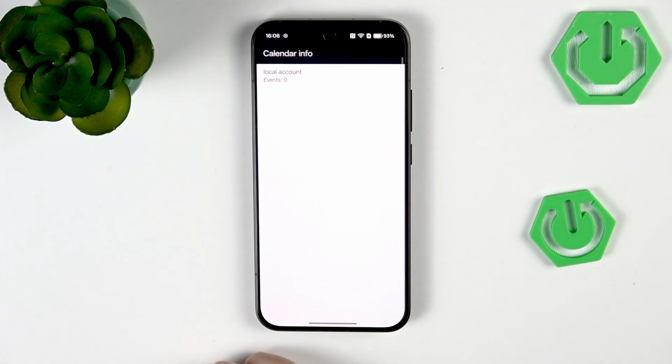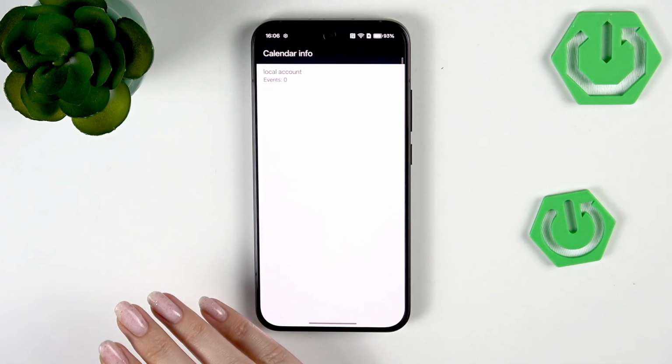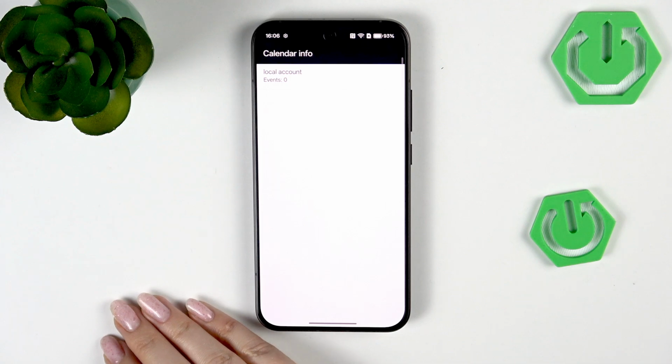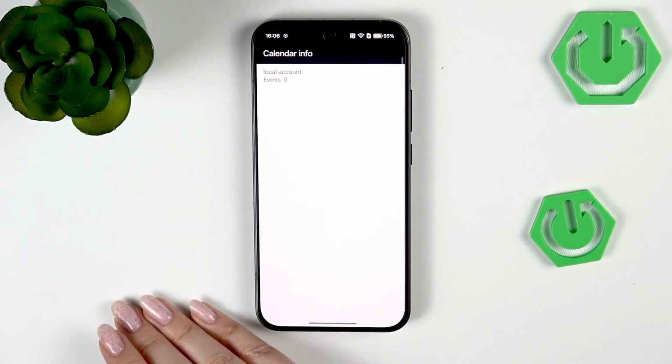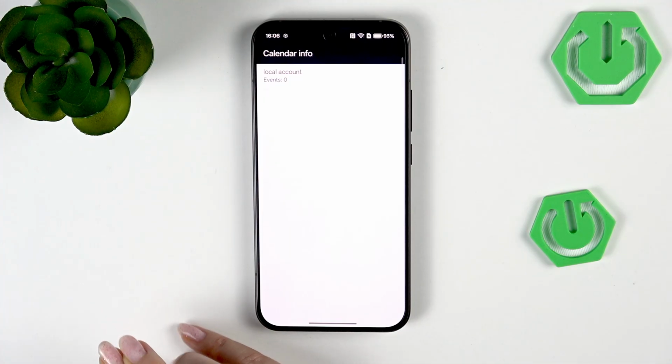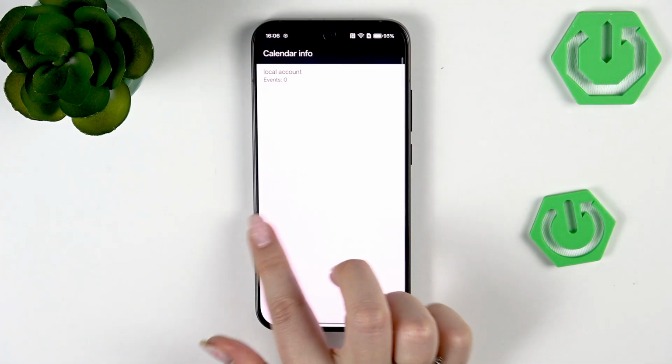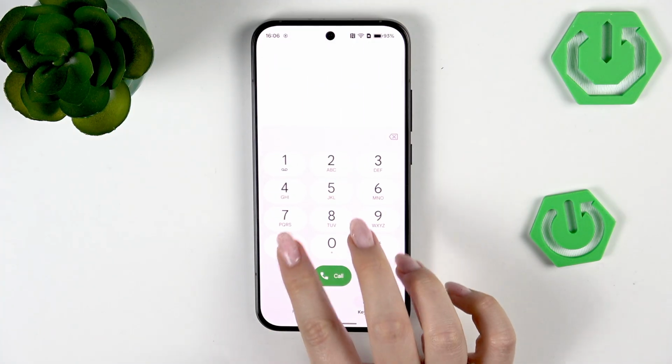*#225###. And here we are in the calendar info, so here we will have all the events gathered in one place. Some family events, holidays in your country should also be right here, or events attached to your mail. However, you will be able to see everything if you've got your Google account added to this device, and you will be able to check the categories of this specific event. Another code is